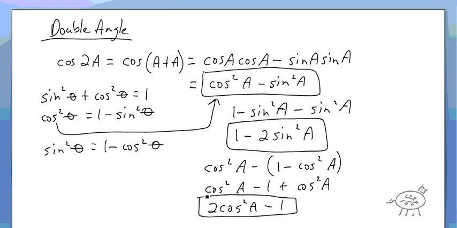Do you have to memorize all three of them? Personally, I don't. What I do memorize is I know this one right here, the first one, and then I know I can substitute sine squared is equal to 1 minus cosine squared, or cosine squared equals 1 minus sine squared into that to simplify it. So it's good to know all three, but you really need to only know one of them and then be able to substitute in after that. Okay? Alright, so